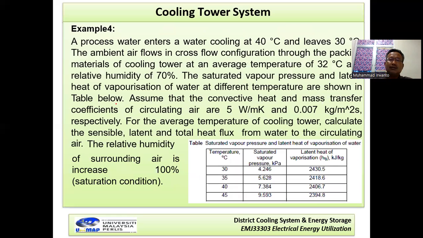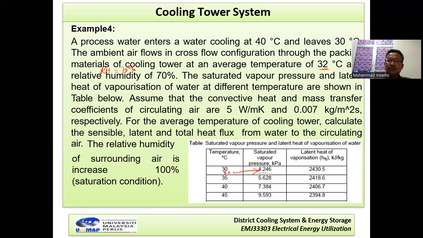In this one, for the air, the temperature is 32 degrees Celsius and the relative humidity RH here is 70%. For the water it is 100%, for this one it is 70%. Now for this temperature, 32 degrees Celsius, if you look directly at this table, there is no value for 32 degrees Celsius. The 32 is around here. So what is the value of this saturated vapor pressure?